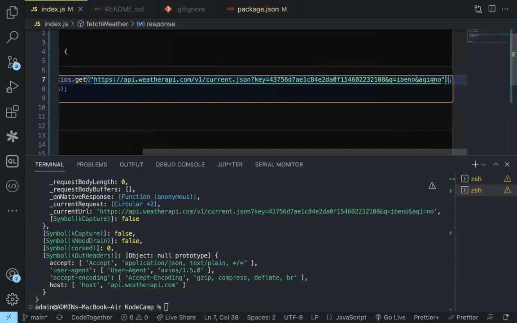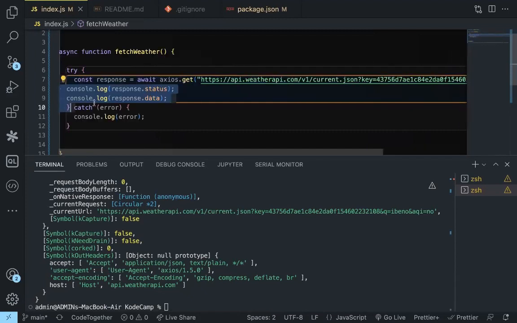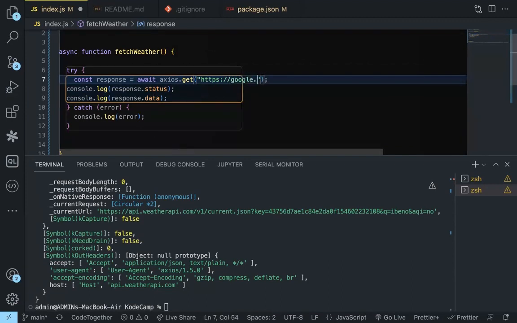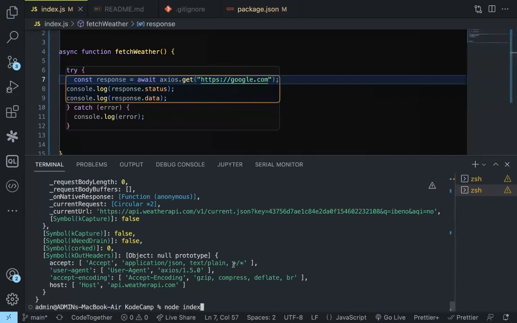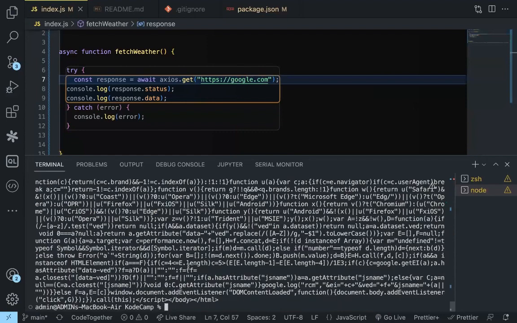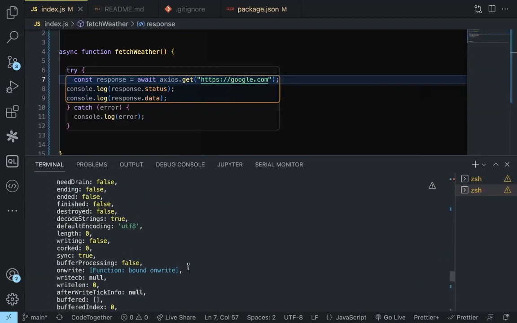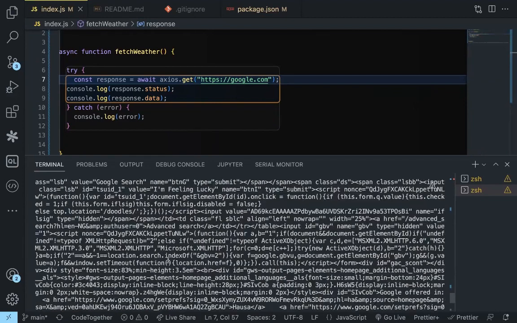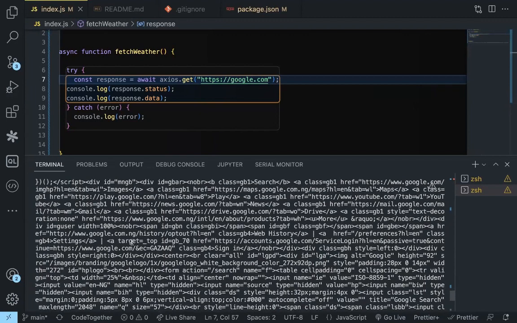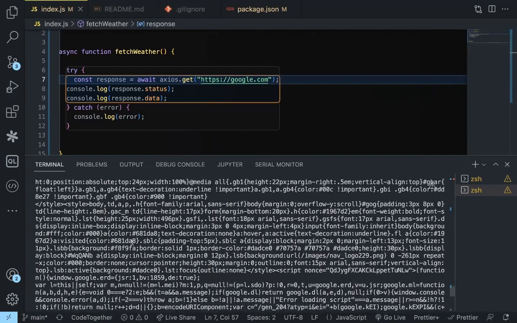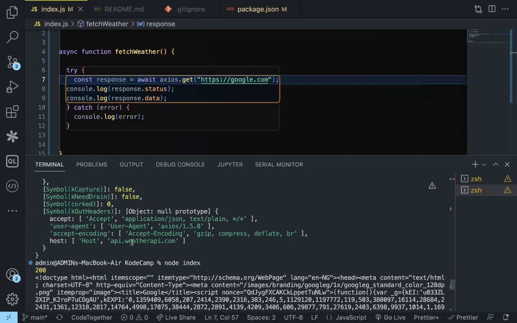I can do that here, right? Let's see. But it's going to return HTML for me. So I could say https://google.com, right? And then let me run that code to see what is going to happen. So if you look, this should be the body of the code and it's returning back HTML to us, right? But then since we are not the browser,